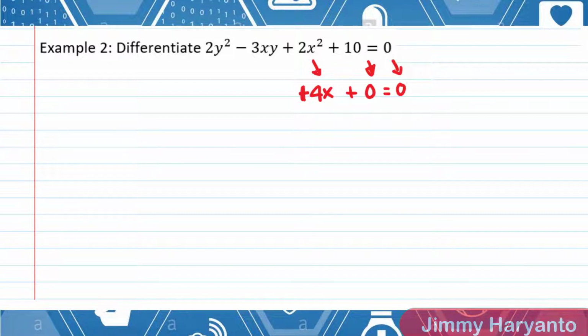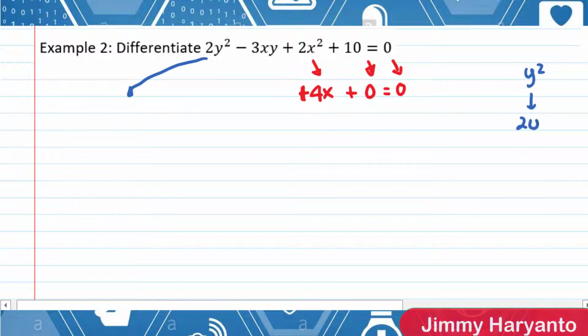Nah, untuk yang ini agak sedikit sulit guys. 2y squared. 2y squared means you have y squared differentiated into 2y, right? So I will write it like this. 2 times, the coefficient is 2, you only have to rewrite the coefficient. 2 times the differentiation of y squared is 2y, and don't forget to times it again with the differentiation of the inner function, times y accent. Okay, it will be like that.